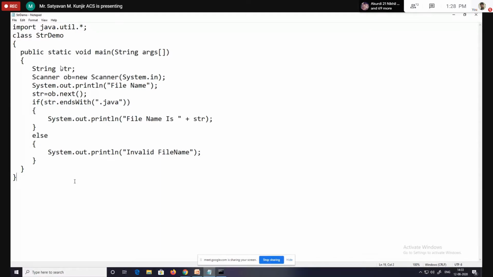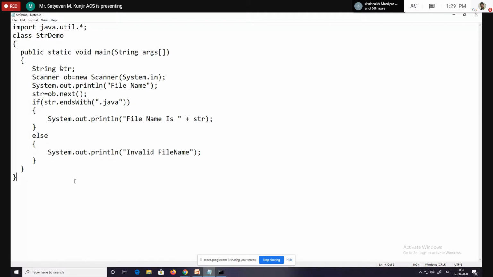Take the next example. Write a Java program to accept n file names from the command line and display the files having extension .txt.